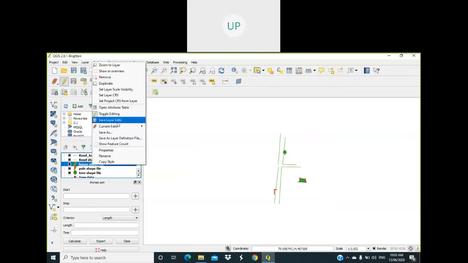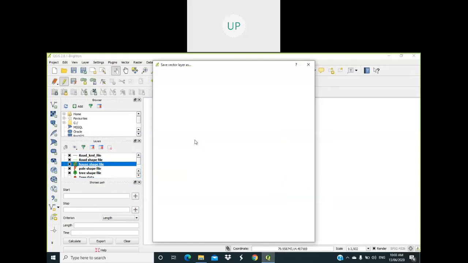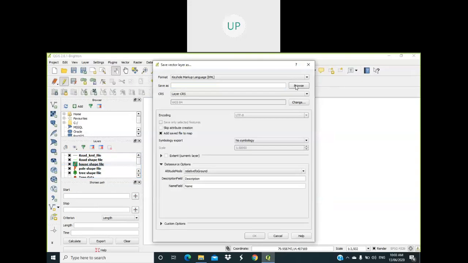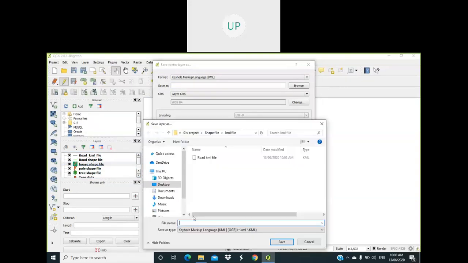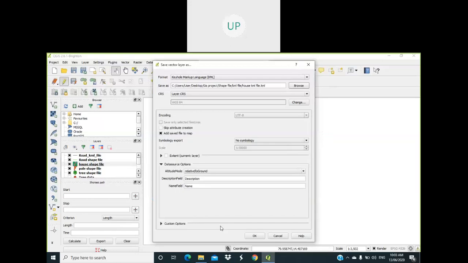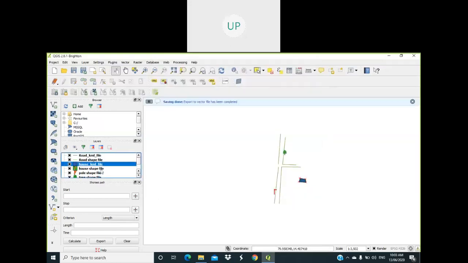So similarly, house shapefile, save as. Okay. So here you can see the notification that export to vector file has been completed.